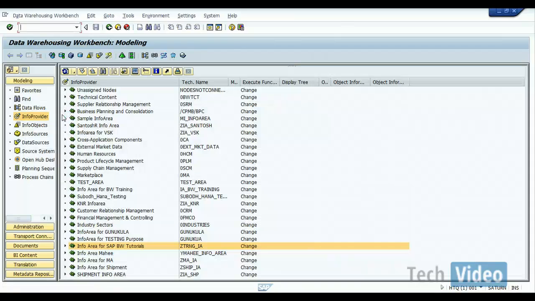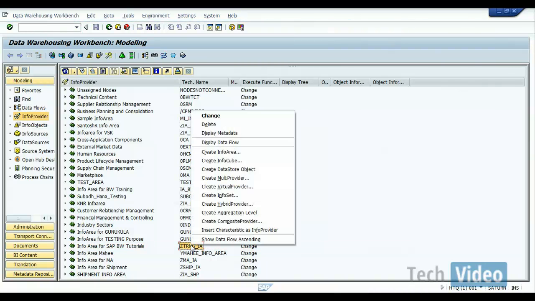So we'll get the modeling screen. Under modeling, click on info provider. Then we'll get our info area under which we are going to create SPO. So right click on info area, then select